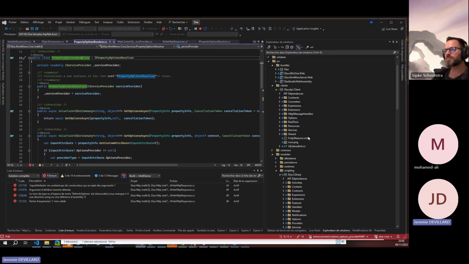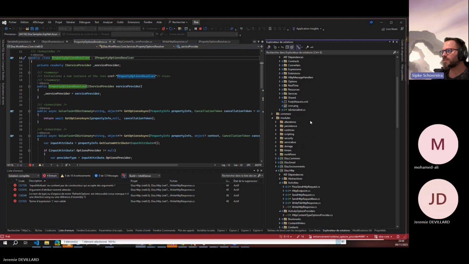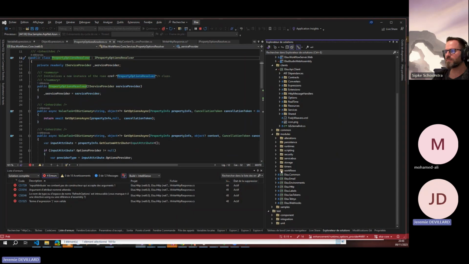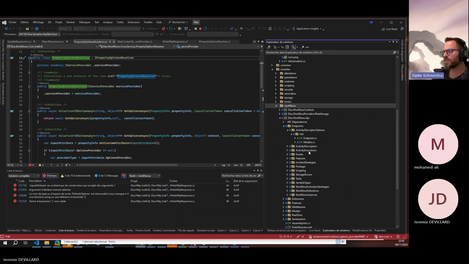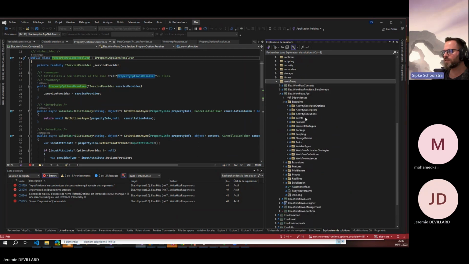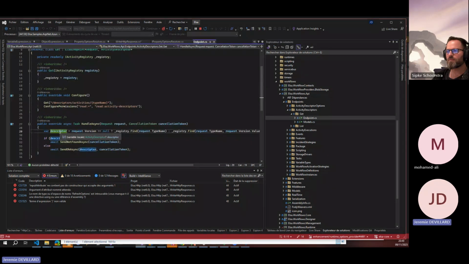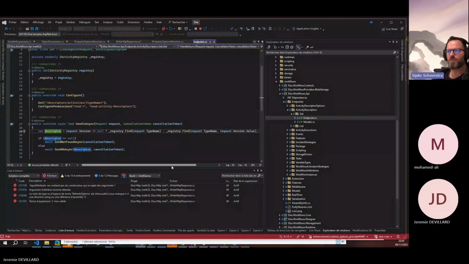Yes, maybe. Okay, so then let's start at Elsa workflows.api in the workflows solution folder under modules. And then endpoints, descriptor options. Yes, this one. Yes, when we get the descriptor of the activity. That's right. So here it's getting the descriptor. This descriptor goes to the registry. Yeah, exactly, and this is